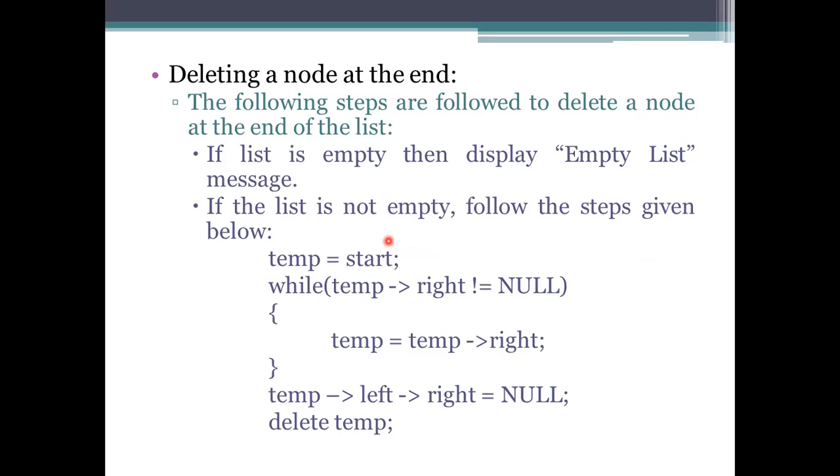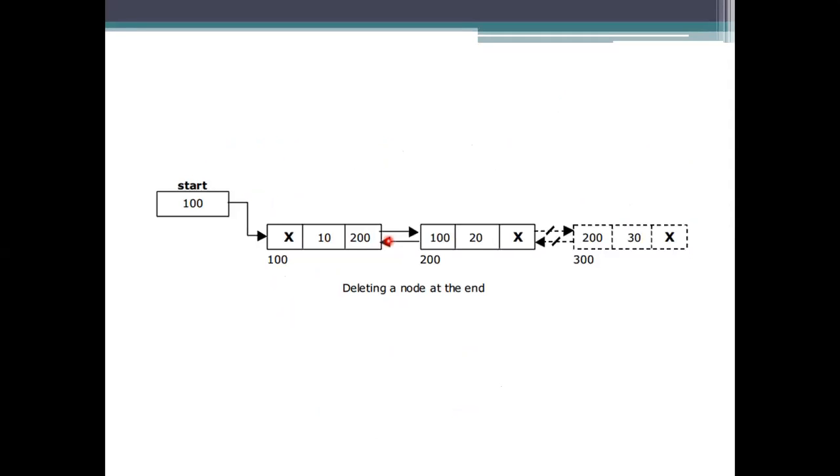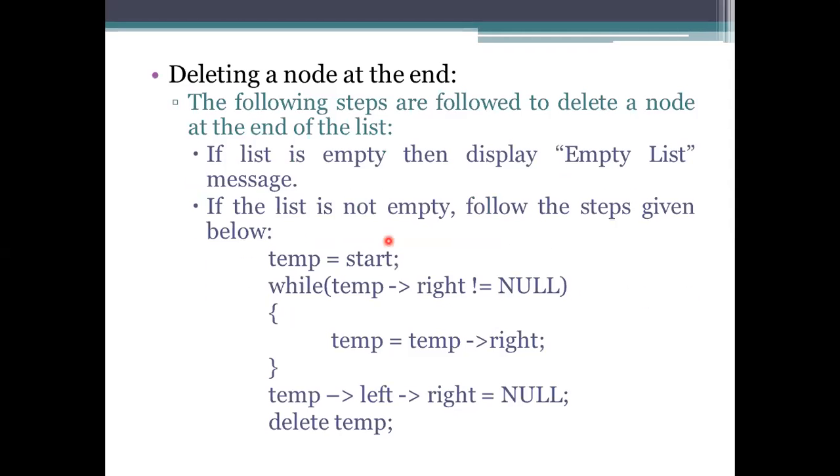So if you are at the end of the list, as usual, just specify whether it is empty or not. Empty means empty list. If not, go for the processing. So what it has to do, we need to take the temporary to the start, the start will be taken to the temporary value. See whether it is not equals to null or not. So here it means it is having some values or not. If it is having some values, specify the right side value to that processing. So at that one, you are taking the value that is at the end. So we need to update only one value here. The right side of that one has to be taken as null here.